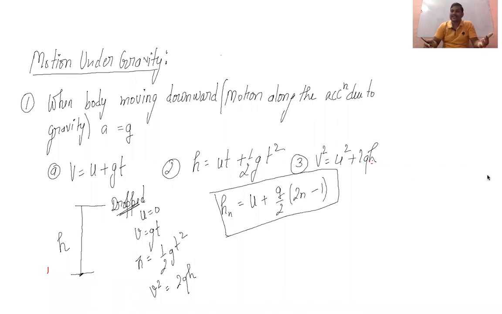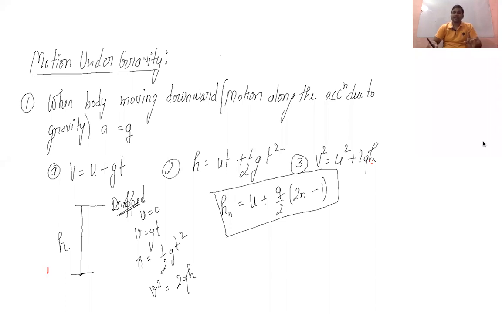Sometimes these questions are asked as true or false. These are basically the 1 mark questions. If you are talking about the board, you will have 20 questions of 1 mark. That may be MCQ, fill in the blanks, or true or false, whatever it may be. Generally people prefer objective, but it can be true, false, or fill in the blanks. So you have to be very careful while understanding these things.